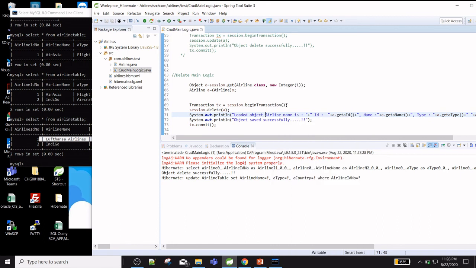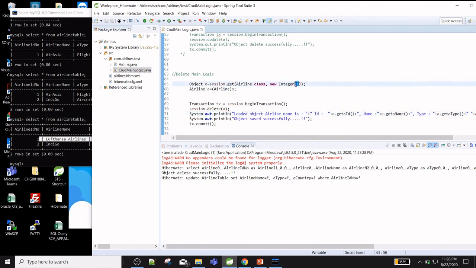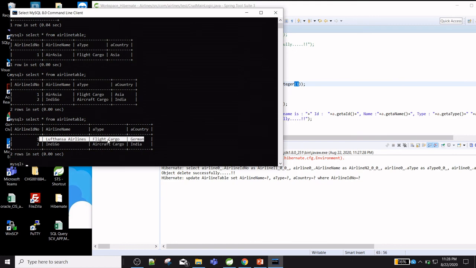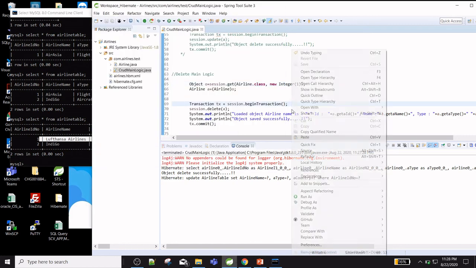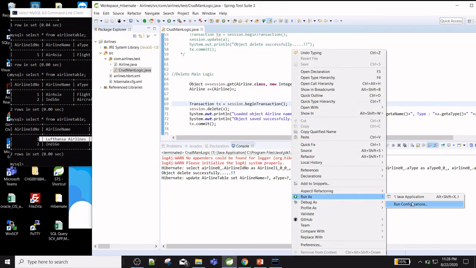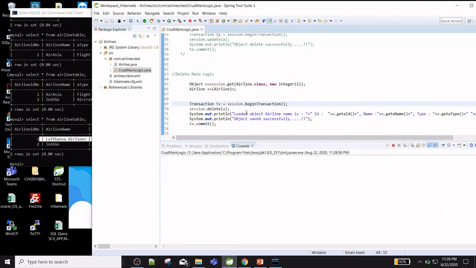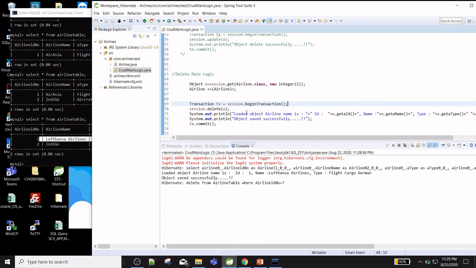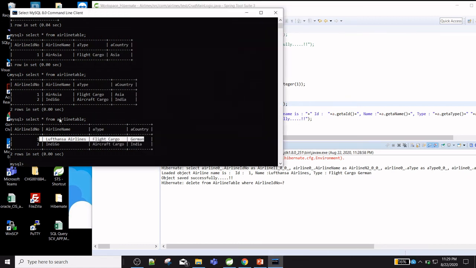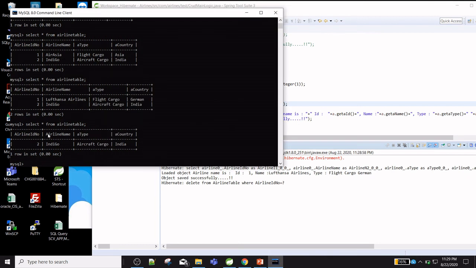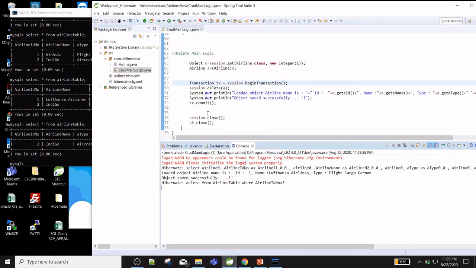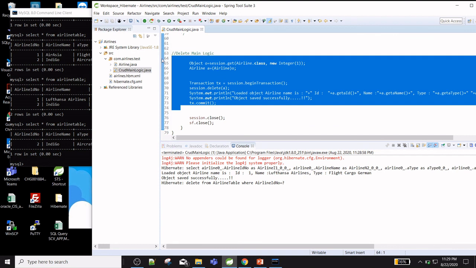I'm just deleting object 1, and the first value is German Airlines. Yeah, the record is deleted. Verify. So the German Airlines record was deleted. These are all the CRUD operations we have discussed.